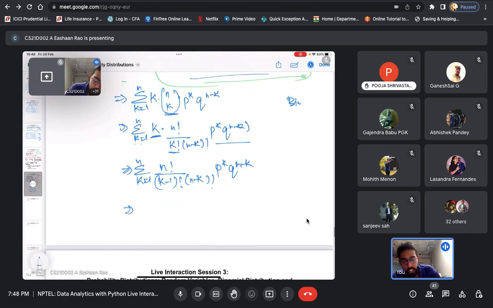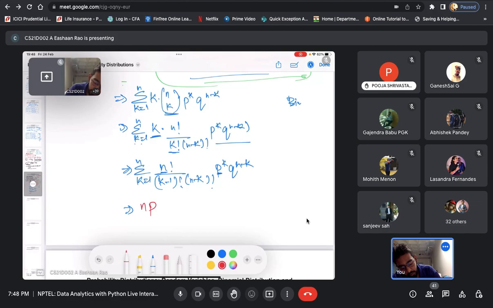So we know that our expected value is n into p. So I can extract n and p from here, and I will write it like n and p, summation k equal to 1. It will look like n minus 1 factorial, k minus 1 factorial, n minus k factorial, and p